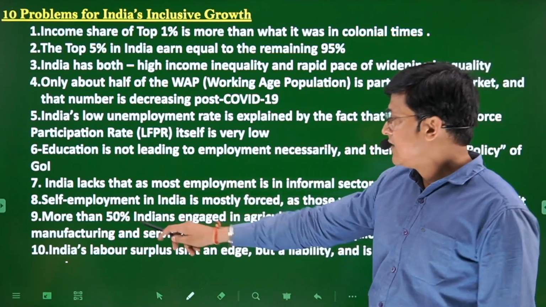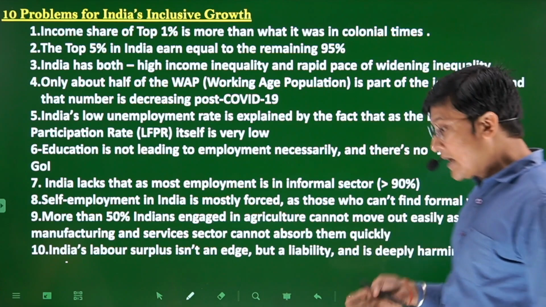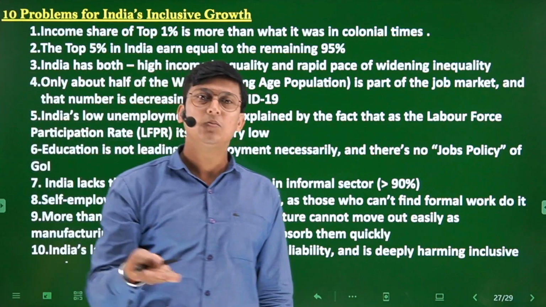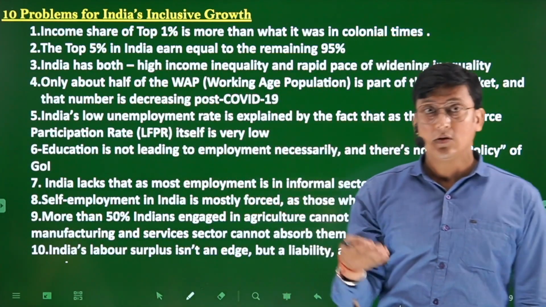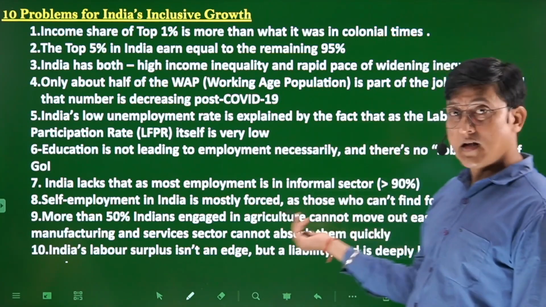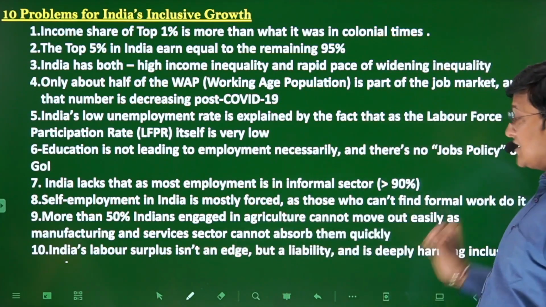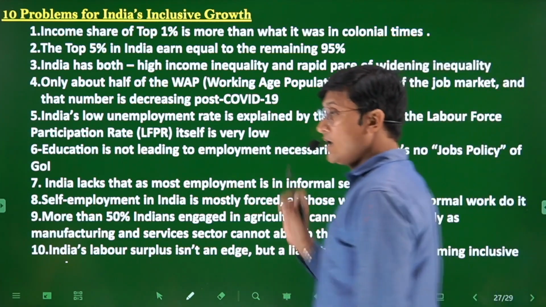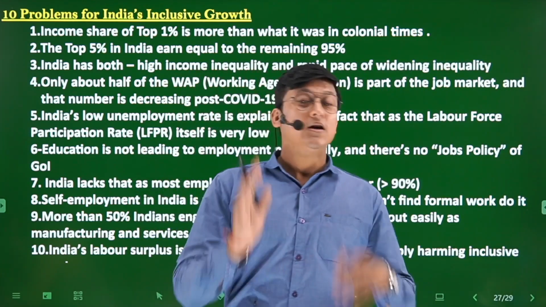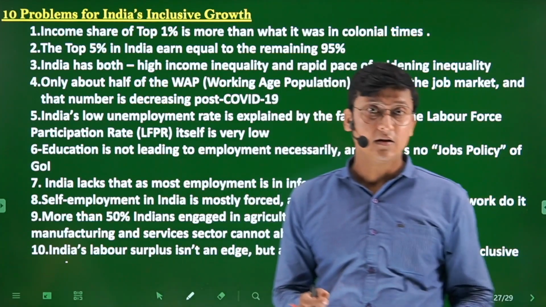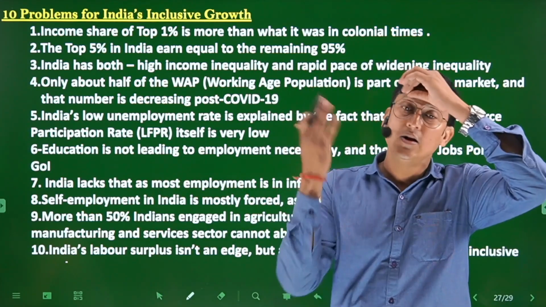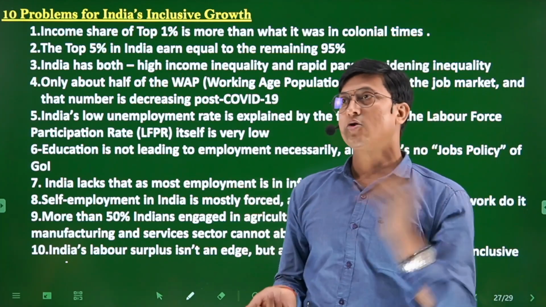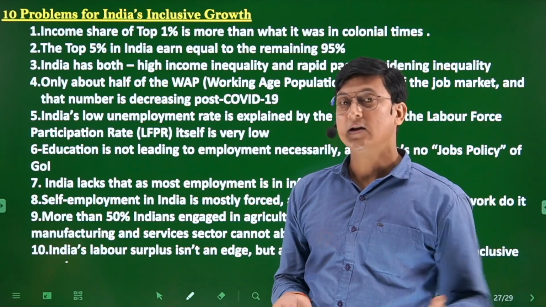सोसाइटी पे नेगेटिव इंपैक्ट उसका आ ही रहा है। मोर देन 50% ऑफ इंडिया एंगेज्ड इन एग्रीकल्चर। भैया, एग्रीकल्चर में 50% से ज्यादा लोग काम कर रहे हैं, जो कम करना है हमको, एग्रीकल्चर से लेबर को निकाल के दूसरे प्रोडक्टिव कामों में लगाना है, दूसरी जगहों पर लगाना है। ये तो बहुत बड़ा इशू है, ये शुरुआत से चला आ रहा है, इसको तो कम करना ही है, लेकिन नहीं हो रहा है। India's labor surplus isn't an asset but a liability and is deeply harming inclusive growth. इंडिया का जो सरप्लस लेबर है, जो डेमोग्राफिक डिविडेंड है, इट इज नॉट द एसेट बट इट इज द लायबिलिटी। इट हैज बिकम द लायबिलिटी। नौकरी कहां से दें इन लोगों को? तो जो हमारा प्रॉफिट होना चाहिए था, हमारा लॉस बनता जा रहा है। हमारा रॉ मटेरियल हैज स्टार्टेड डिटेरियोरेटिंग,